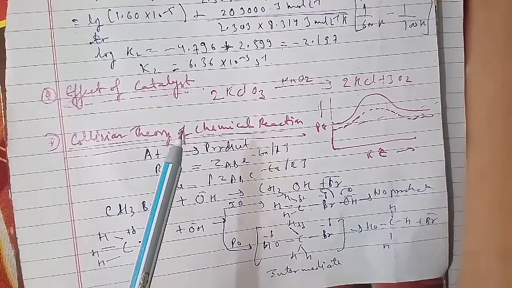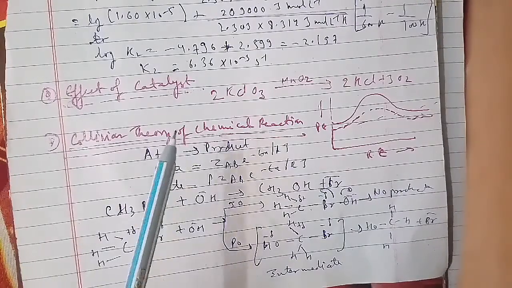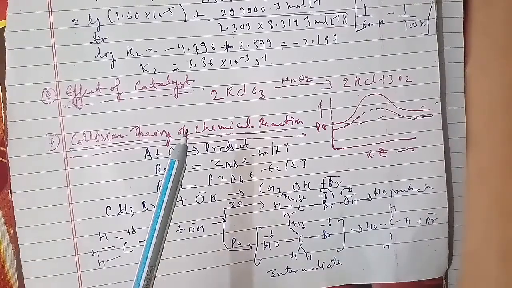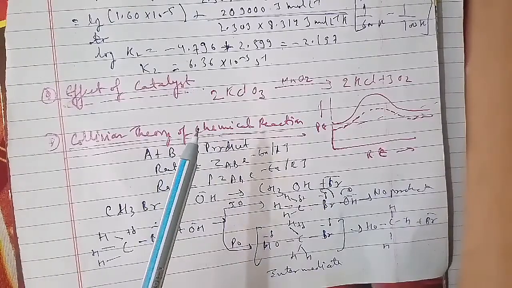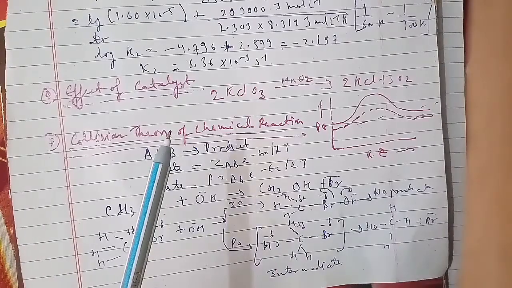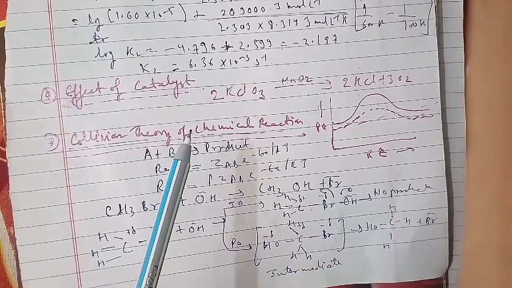Another is, for a first order reaction, show that the time required for 99% completion is twice the time required for 90% completion of the reaction. Another question: for the decomposition of azoisopropane to hexane and nitrogen at 543 Kelvin, the following data are obtained, and you have to calculate the rate constant.